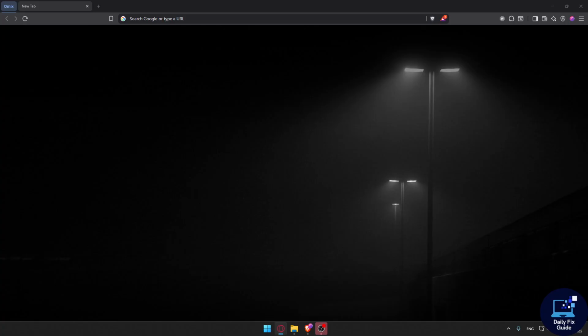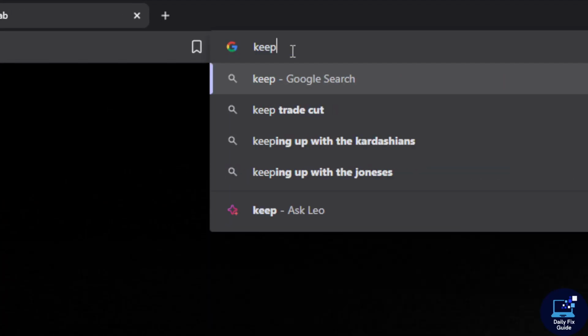I'm going to show you how to use Google Keep in 2025. First of all, you would like to open any browser that you have. For me here, as you can see, I'm using Brave, but you can use whatever you want. So you can go to any browser and go to the URL section and just type